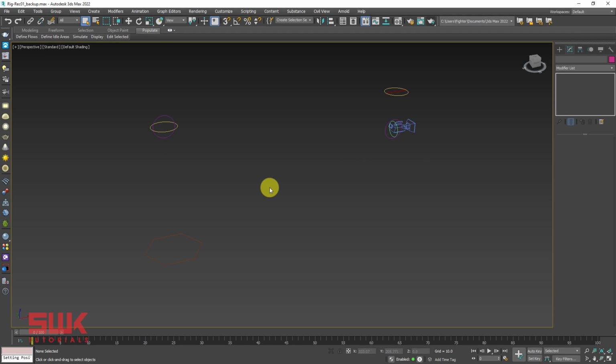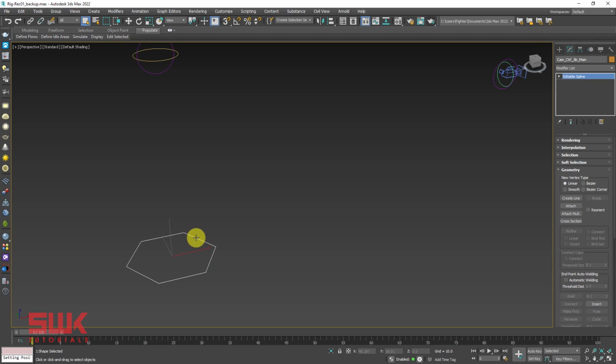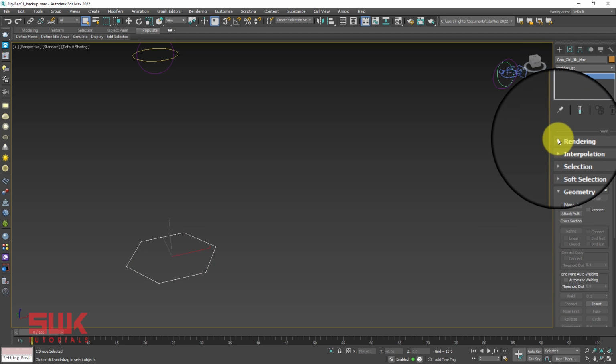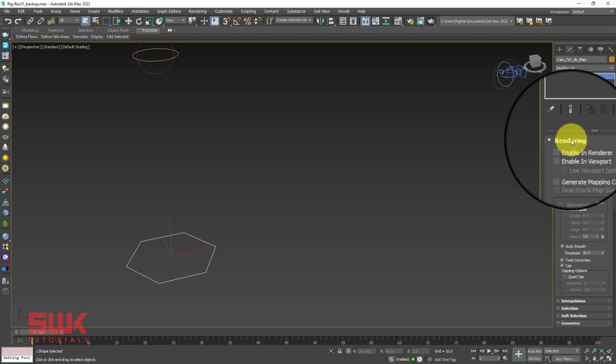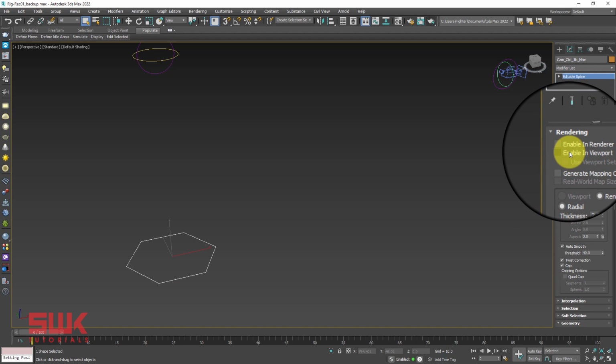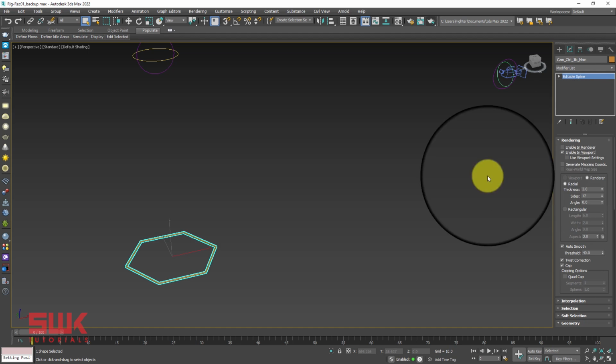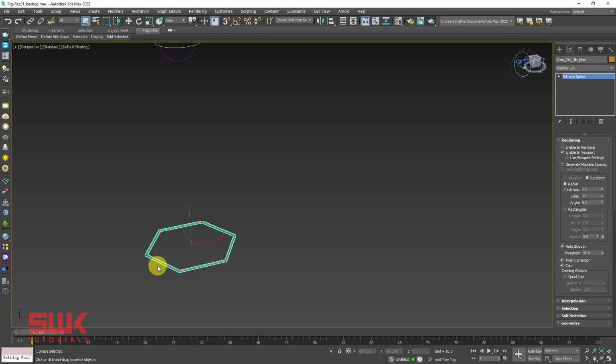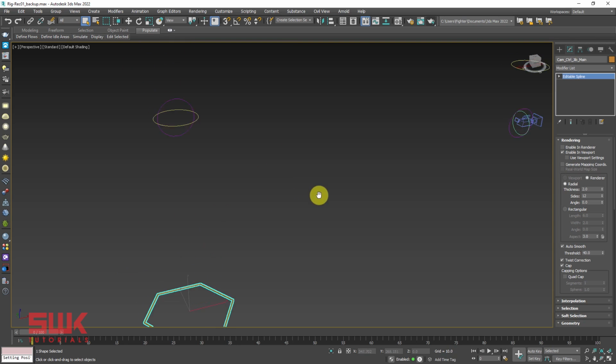At this point, I do one optional thing. It's up to you. Since these shapes are extremely small, for selection purpose, I just click it. Then I go to rendering in my modify panel and I check enable in viewport. What this will do is that it will only make it thick in the viewport. It will not appear in the render.